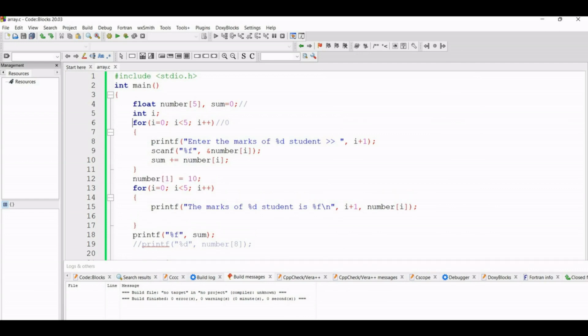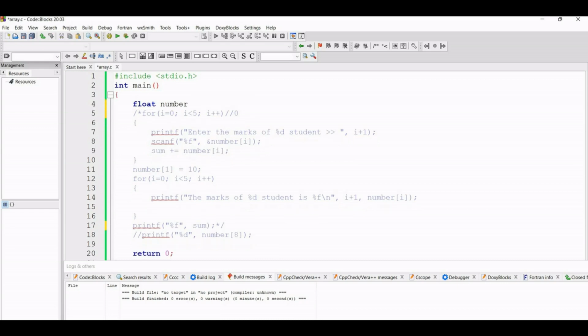So here I should comment out all the lines. I will make one multi-line comment, and here I just want to tell you about array declaration. Suppose number is one array. If at the time of declaration I want to put all the values inside this number array, I will give one equals sign, then curly brackets, and inside I will store values, suppose 1 2 3 4 5.